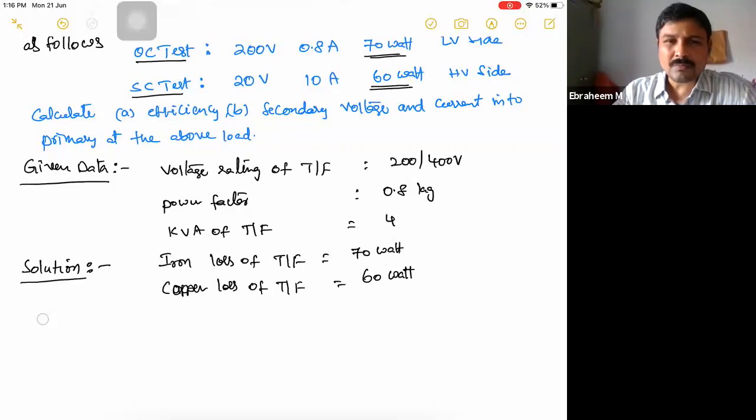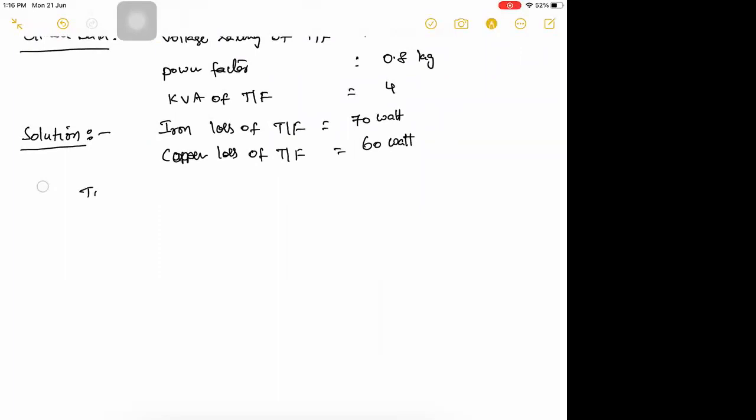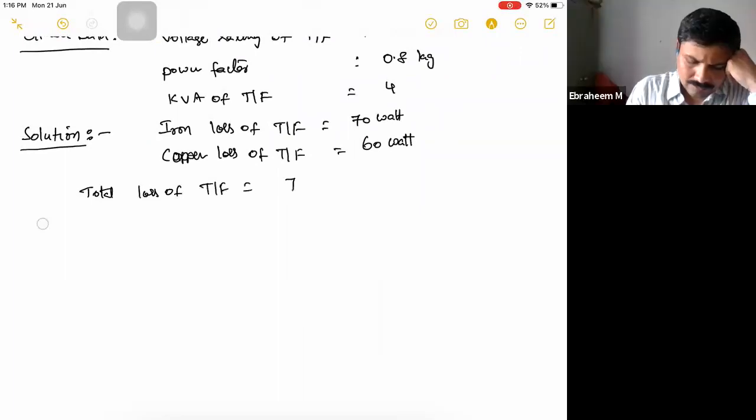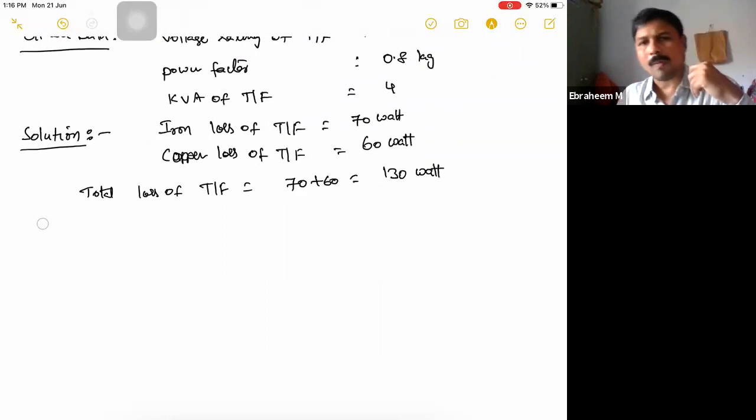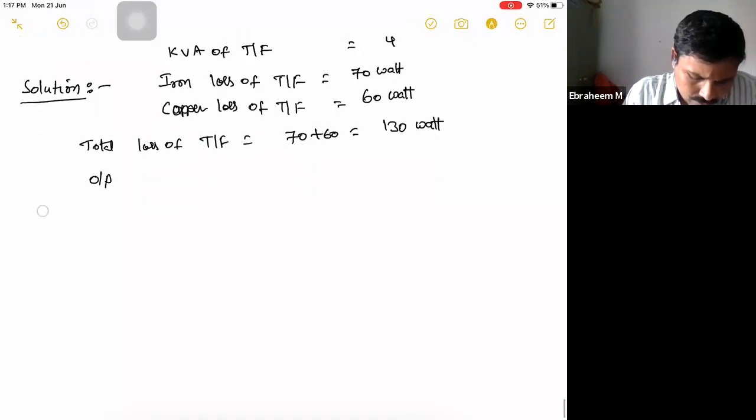So total loss, how much is the total loss? The total loss of the transformer is equal to 70 plus 60, 130 watt, right? Now to find out efficiency, we need to calculate the output. Okay, output power of the transformer is equal to